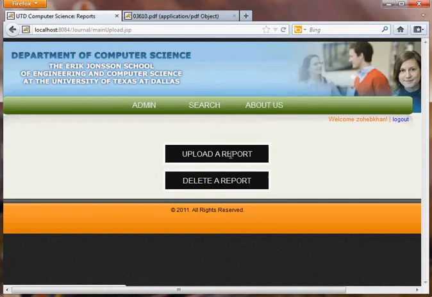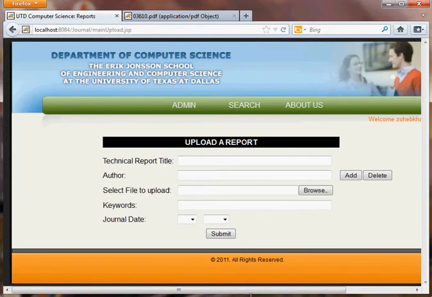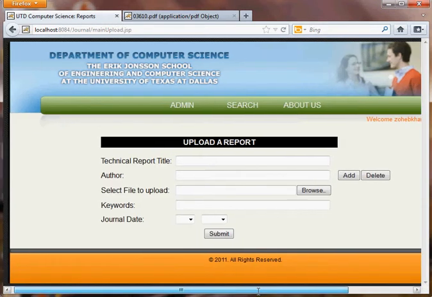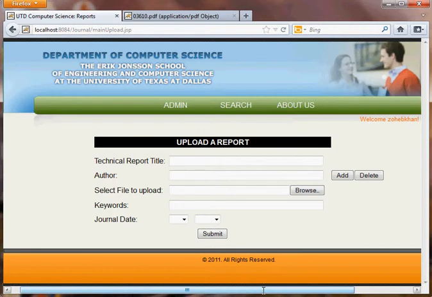From here, the user has the option of adding a new report by keying in the relevant data in these fields. Let's take a small example.